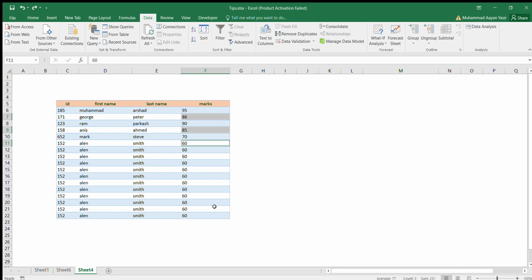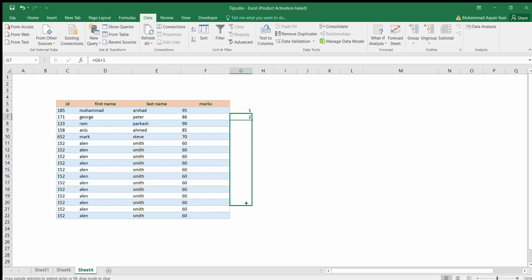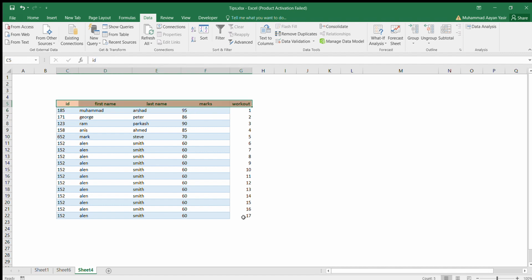For that, we'll put the numbers over here, for example 1, and then we'll add up the number by putting in the formula 1, 2, 3, and then we'll drag it to the last one. So it has given us the 17 value, and we'll put a name on this column, for example, we'll say workout. We have put up the workout. Now after that, we'll select this whole column, put the filter function on the top, and